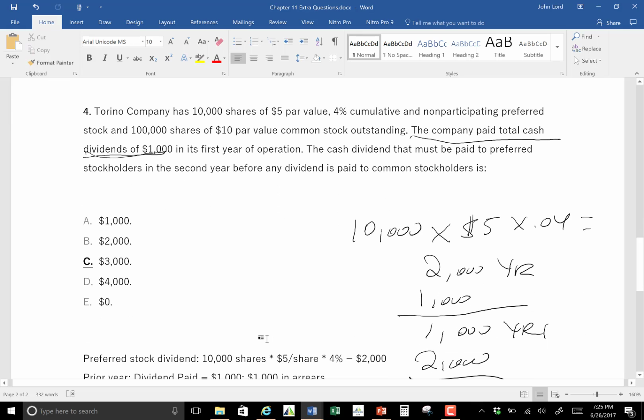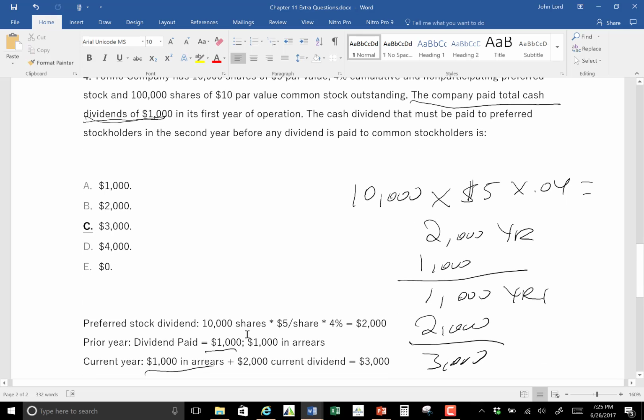Okay, number 4: 10,000 shares of $5 par common stock, 4% cumulative and non-participating preferred stock, and 100,000 shares of $10 par value common stock. So you take the 10,000 shares times the $5 per share times 4%, which means they get $2,000 a year per the formula, right? Okay. In year 1,